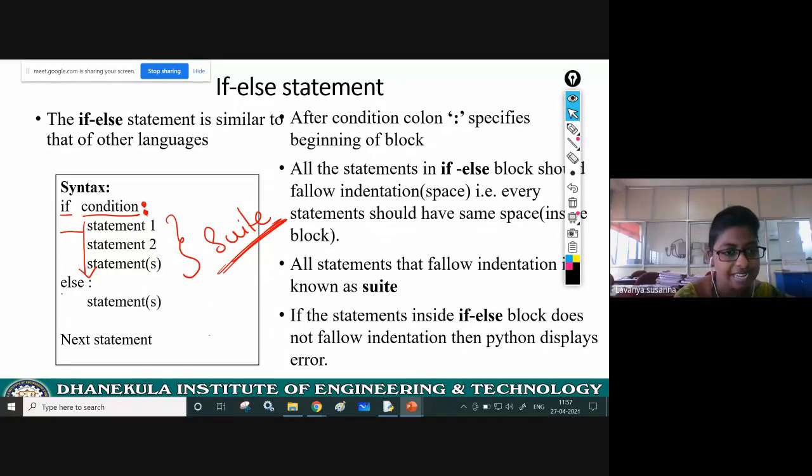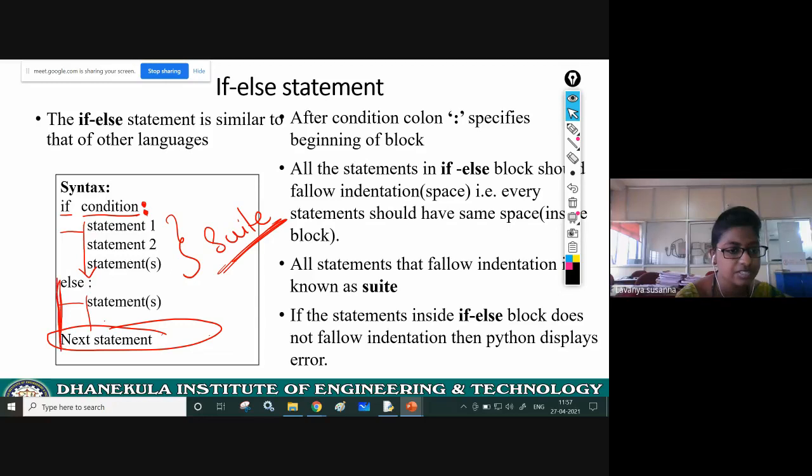Next, after that, else, and again you need to give a colon. After the colon you need to specify indentation, some space, and after that write all the statements. Now see here, the next statement has no space, right? It starts right at the beginning, like else.